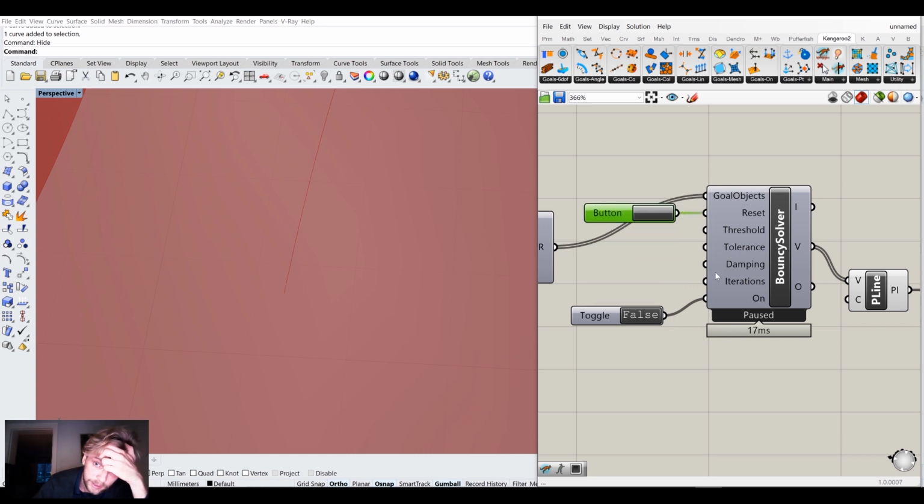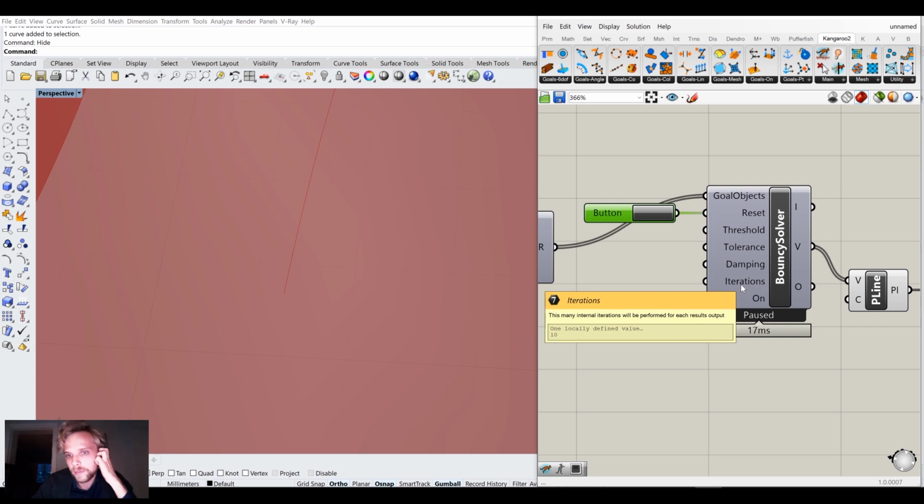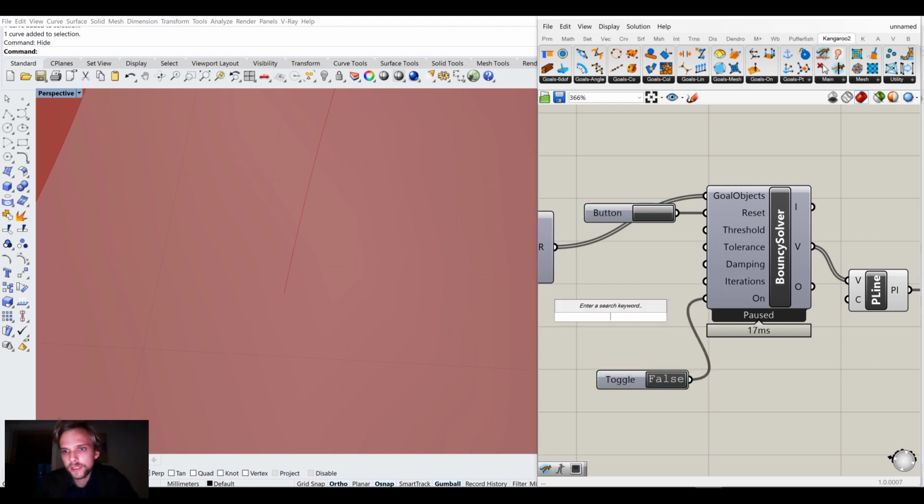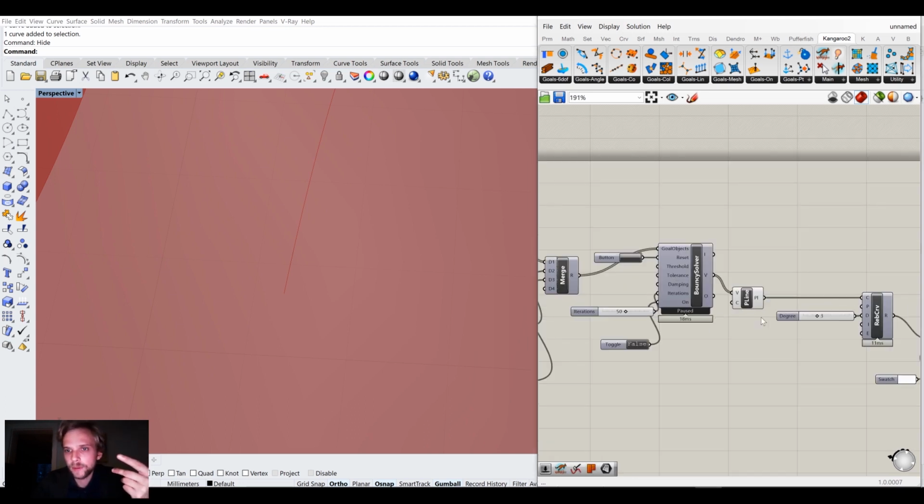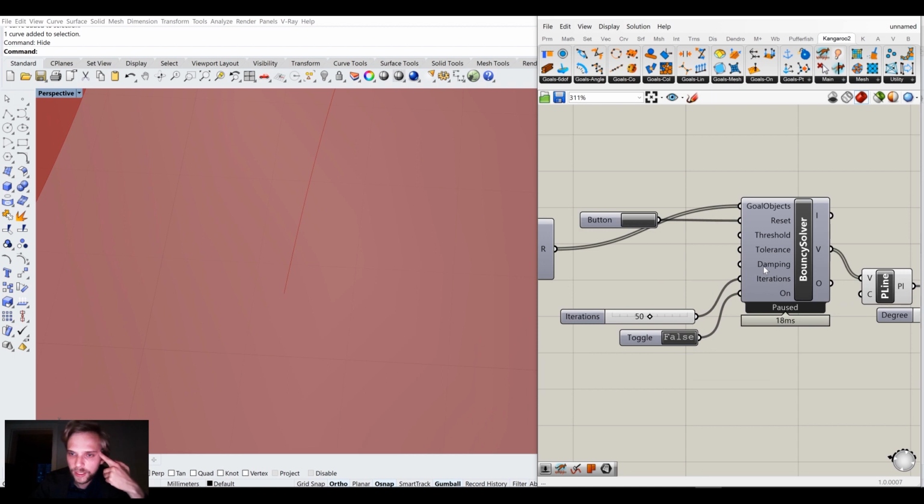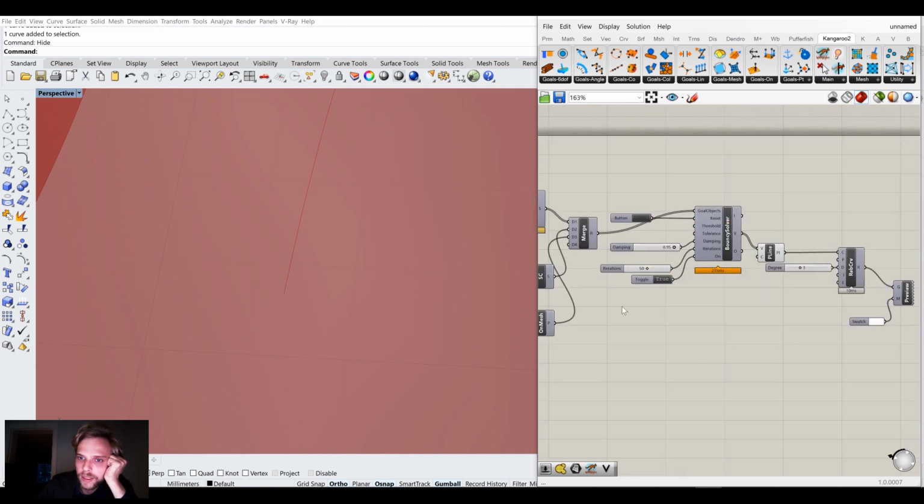Okay, so let's see how we can fix this. First of all, iterations. This many internal iterations will be performed for each result's output. So what if we say do like 50 steps before you showcase an output like that, and then damping 0.99. What if we say 0.95? Would that work? Hit reset, hit run,